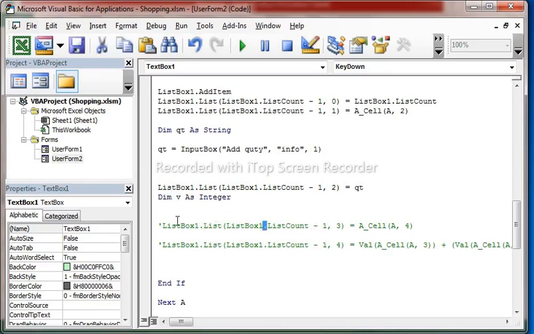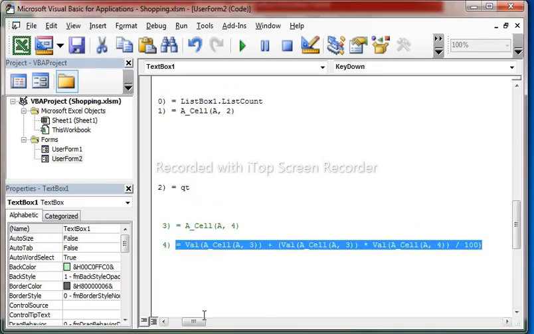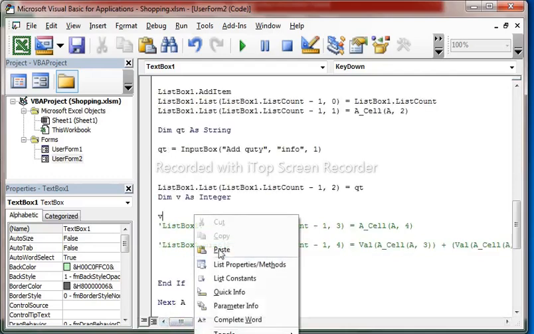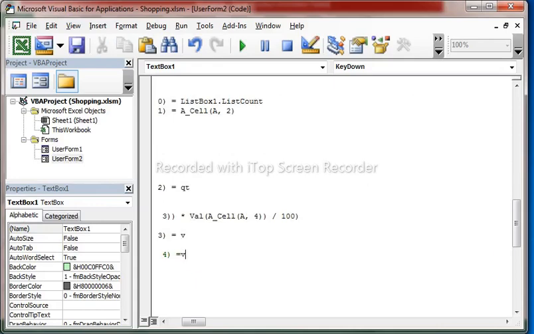Okay, v, copy. Okay, understand, this is very easy. v here, v into qt. Okay,